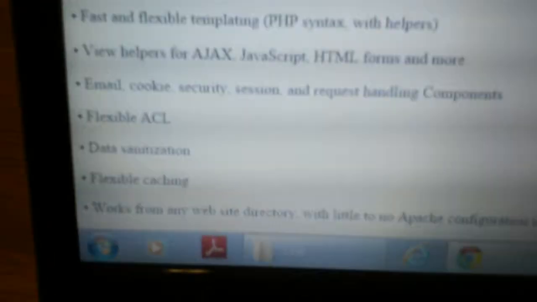It also contains email, cookie, security, session and request handling components. Finally, it deals with flexible caching. It also works in any web server directory with little to no Apache configuration.